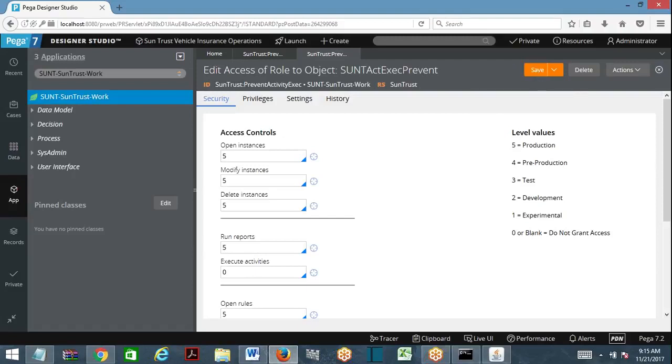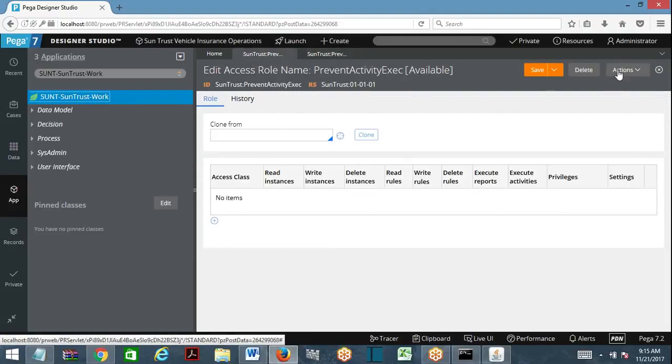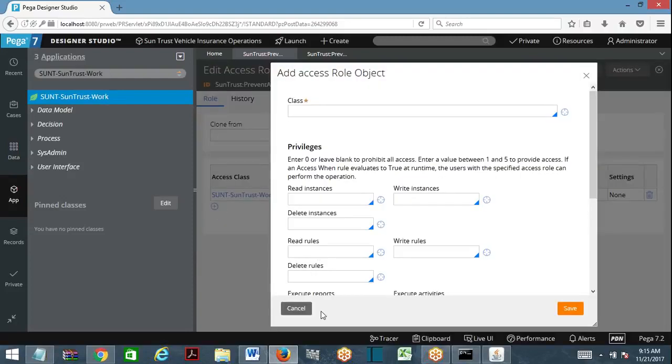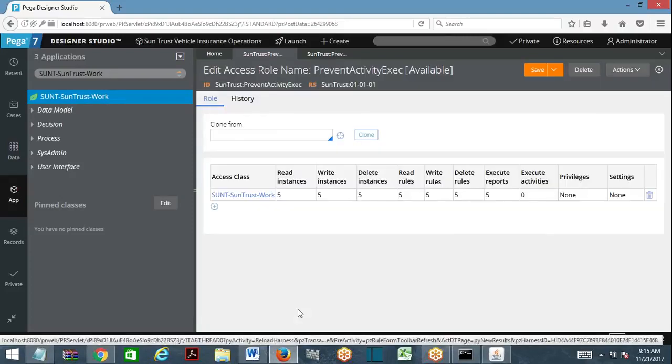Now I am going to go back to role name. Just refresh this. Is role to object added automatically? Role to object is added. So you can do it either way. You can click on the plus icon and define it here. Otherwise, you create a role name, create the role to object and select the role name in it, save everything, refresh, and it will be automatically linked.